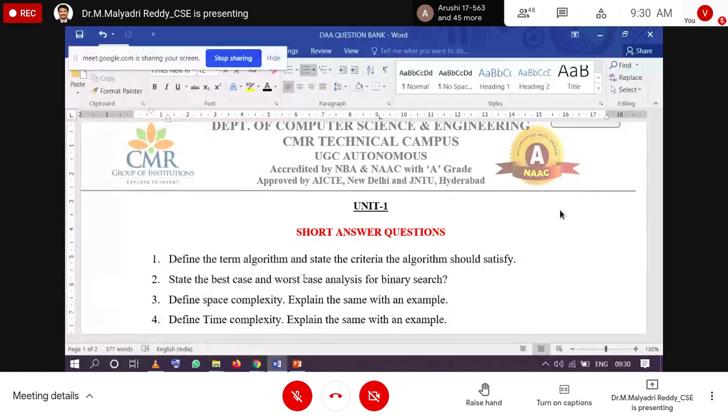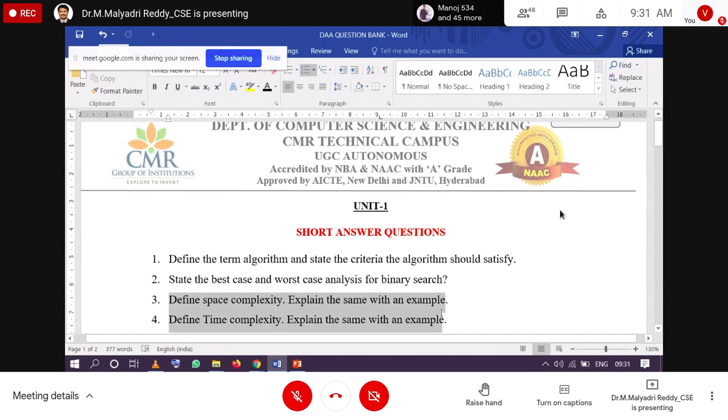So with respect to binary search, if you get the key element in the first attempt, it is the best case. That is, order of one is the best complexity. Worst case means sometimes we are unable to find that element. One possibility is the last element or first element being the key element. If you find that element in the last search, it is the worst case. That is the binary search best case and worst case.